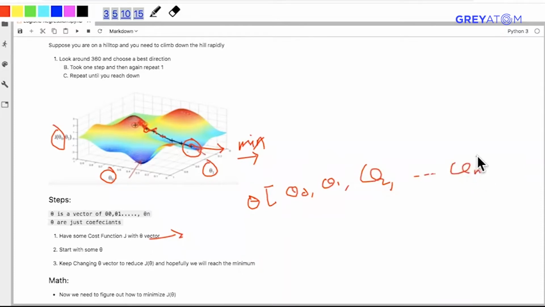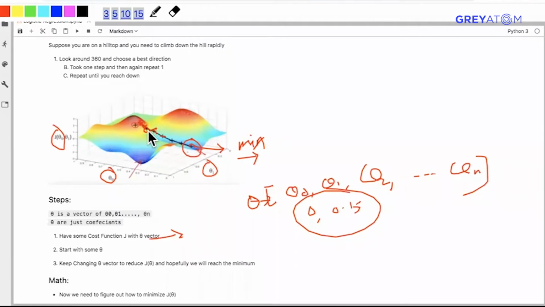I'm really sorry for the handwriting, guys, but I am trying really hard to do this with a mouse. So theta is just a vector of these, and you just initialize theta at some place. Like it could be random. You could initialize at 0, 1, 0.5, anything. And then you look at